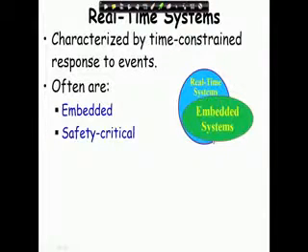and what we really want to say is that the majority of embedded systems are actually real time systems, but there are other real time systems which may not be embedded. For example, an air traffic controller in an airport reacts to an aircraft coming in, and that is not really an embedded system. So, the majority of the real time systems are embedded systems, but not all embedded systems are real time systems as shown in this diagram, and also there are some real time systems which are not embedded, and many of these are